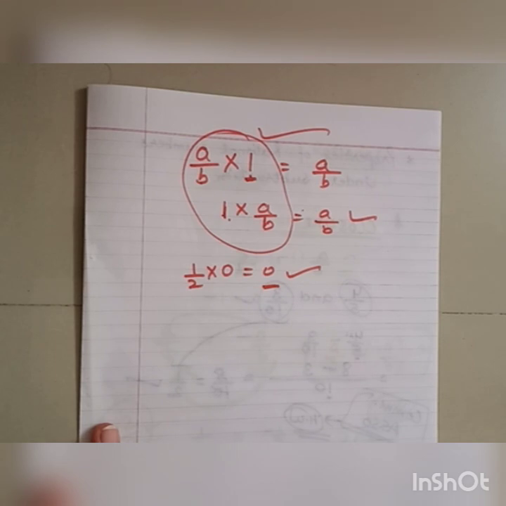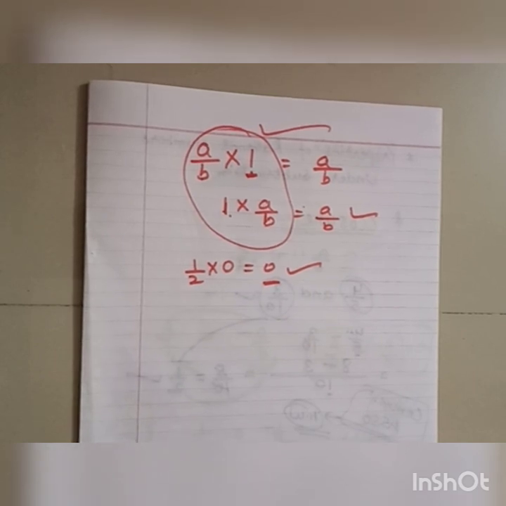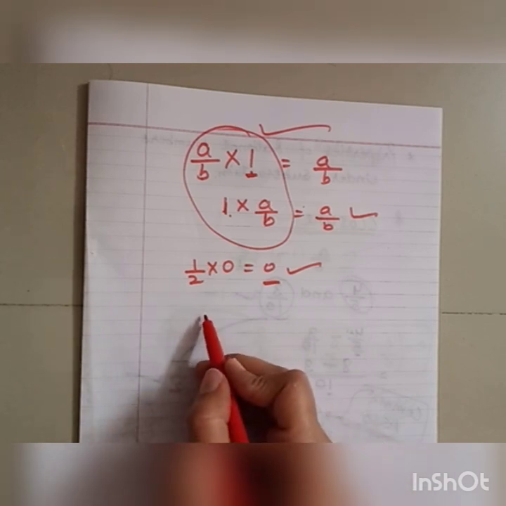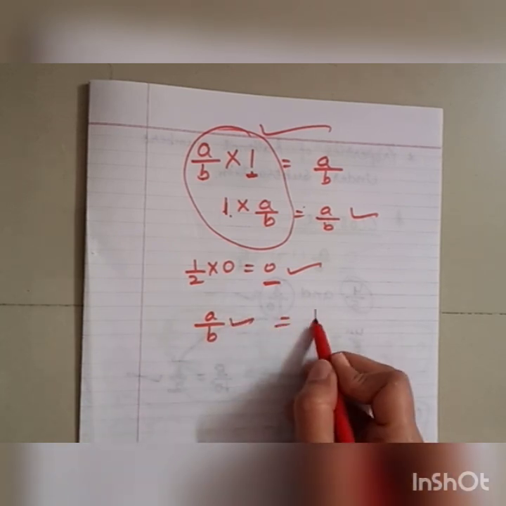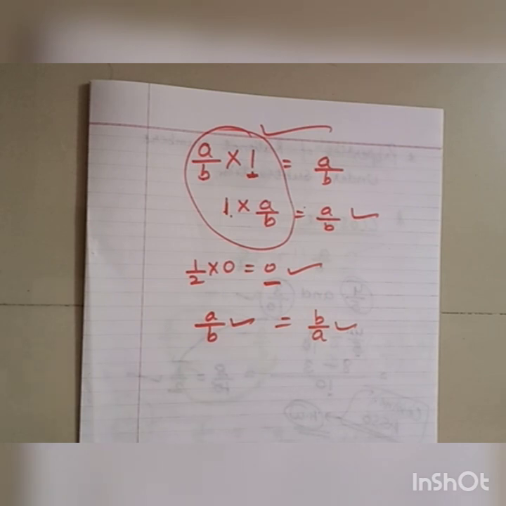Now there is one word, multiplicative inverse, like additive inverse. Inverse of additive means changing negative to positive. In a simple way, the multiplicative inverse of a rational number a by b is b by a, means the reciprocal. B by a is also called the reciprocal of a by b. So multiplicative inverse means changing multiplication into division. You can remember it like this also in a simple way.